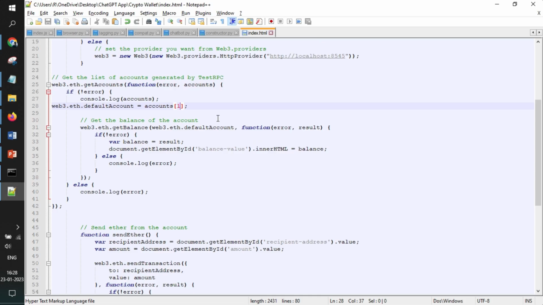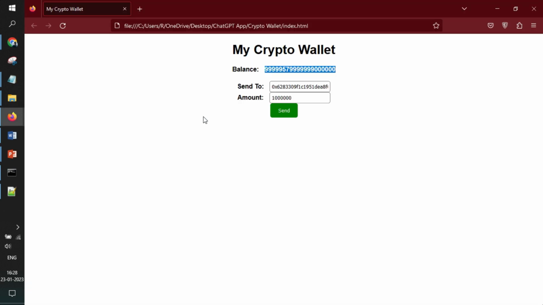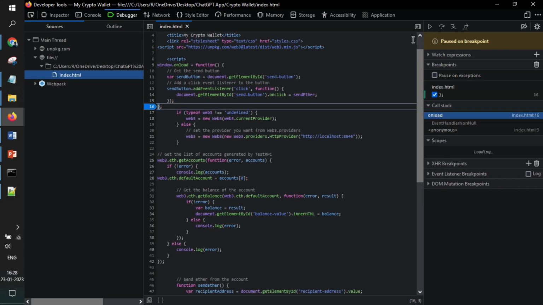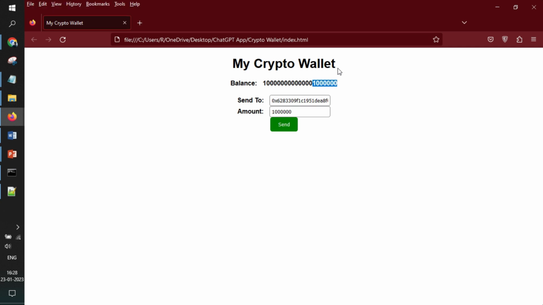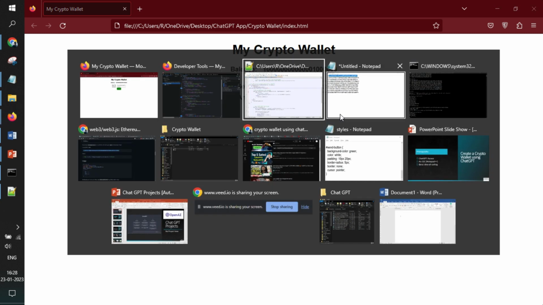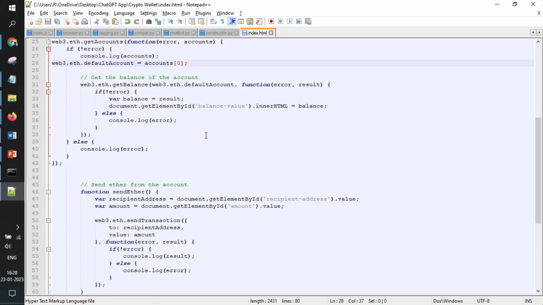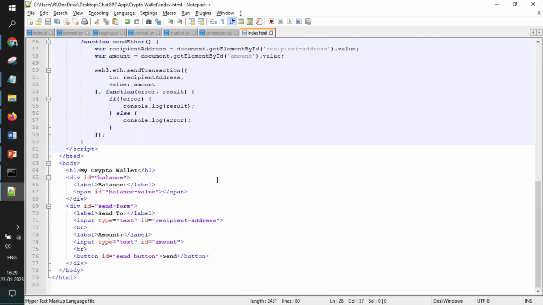So if I need to check if the amount was sent there or not, the value should increase there. So I have changed the account and refreshed. My value has increased by this much amount. So we have created a simple crypto wallet. Some balance was there, some amount was there. I am sending from one account to a different account using the account ID. If I go back to the code and discuss it in pieces,